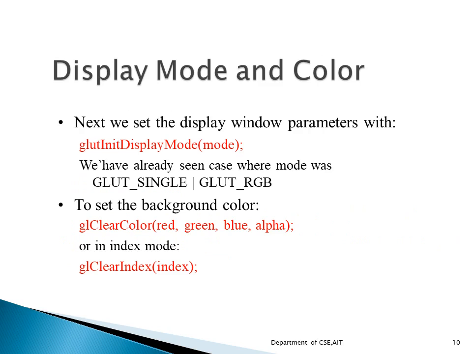The display window parameters are selected from the glut function by making use of glutInitDisplayMode. This function is going to choose a color mode. It can be RGB or it can be index. Index means in an array we will be having the colors, and every color will be having a number, and it will be having different buffer combinations. The selected parameters are combined with the logical OR operation.